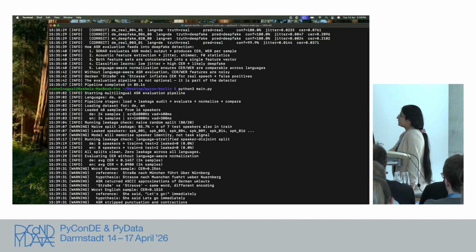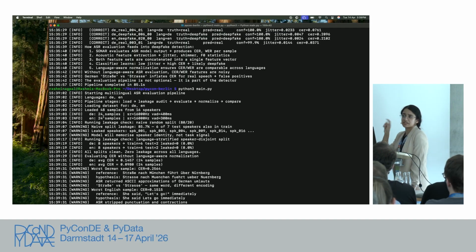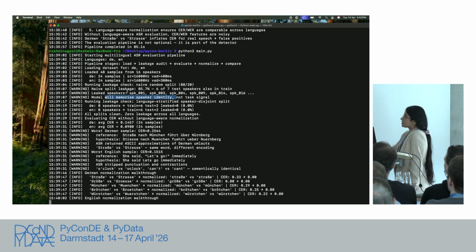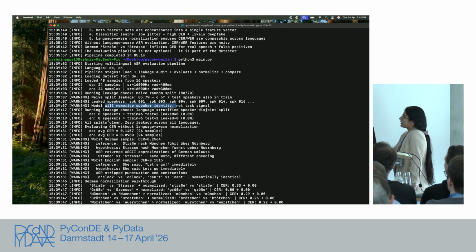Here we see that for different samples, again, this is a very small set of test samples which I used because the model has already been trained. You see that 6 of 7 test speakers are also in the train set. So the model will memorize the speaker identity, not the task signal. Here it found an issue, and now it is going to run the leakage check.